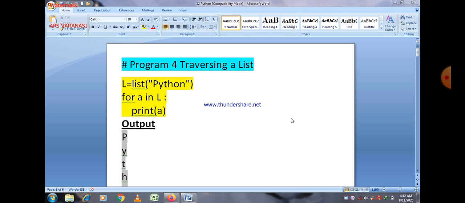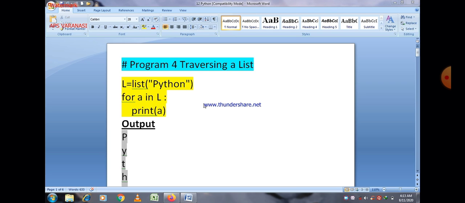So the characters of Python are basically different elements of the list here, and when we want to access these elements using a loop, we can access them very easily.